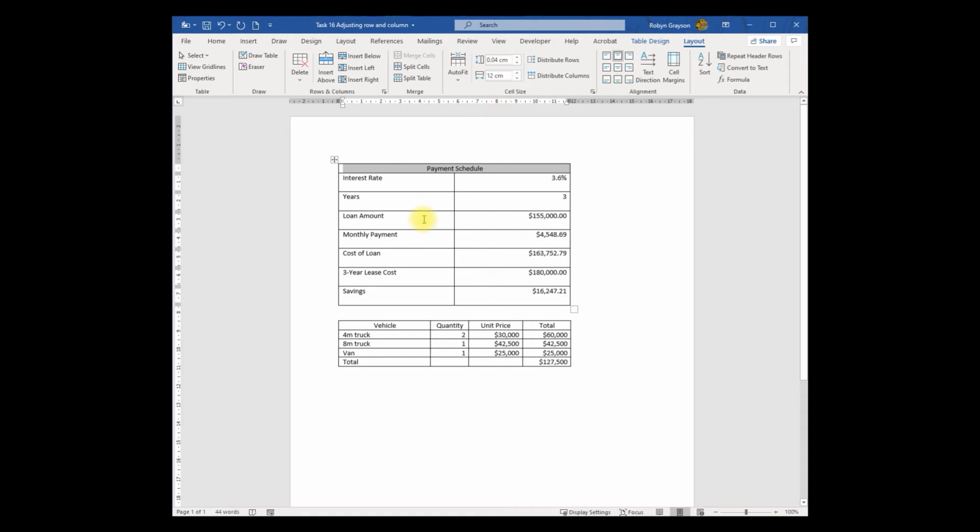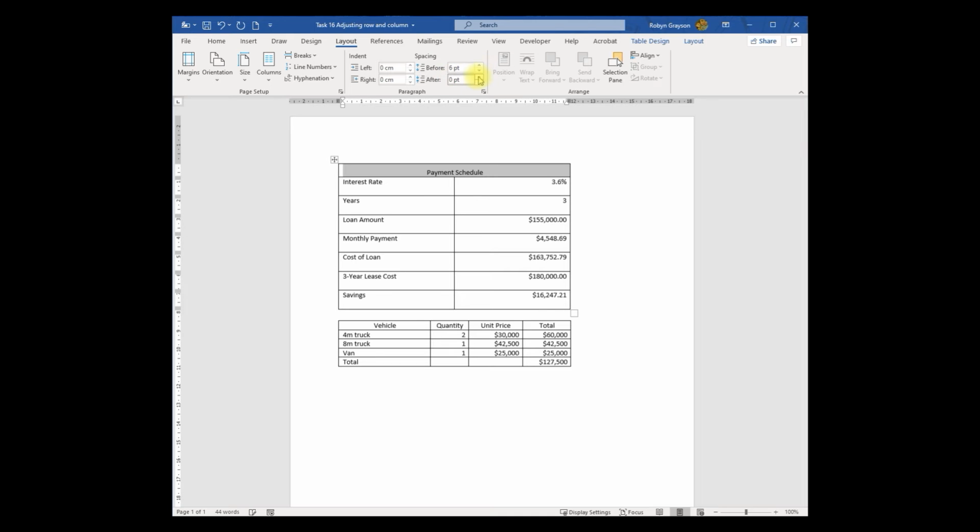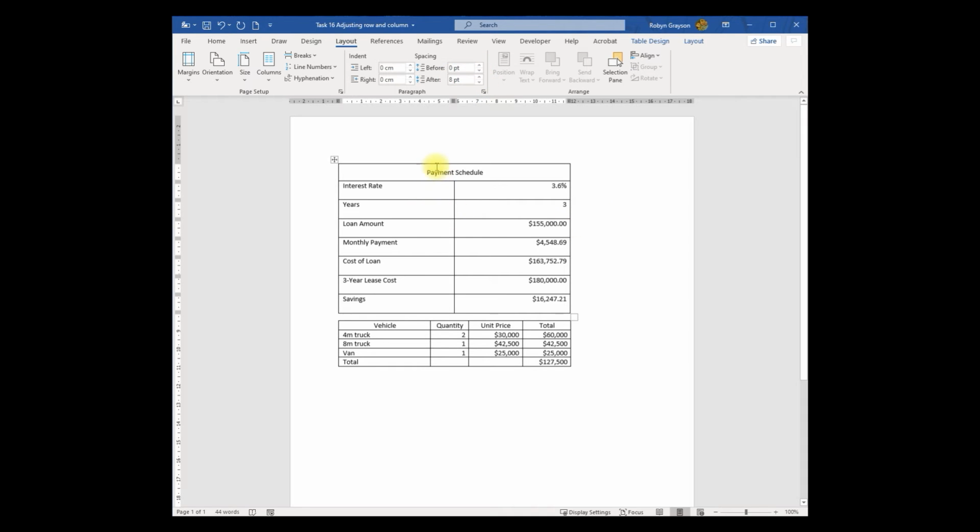Now notice that this is different from what I showed you in another one where I put the space above and below the word here. I'll show you the difference of this one. So this one here has just adjusted the width of it. This one here, where I highlighted my one here and went up to layout and put the space below and above it, you'll notice that that's got an equal space below and above the word there, whereas this one has just stretched out the rows and made them that 1 centimeter in width there. Alright, so